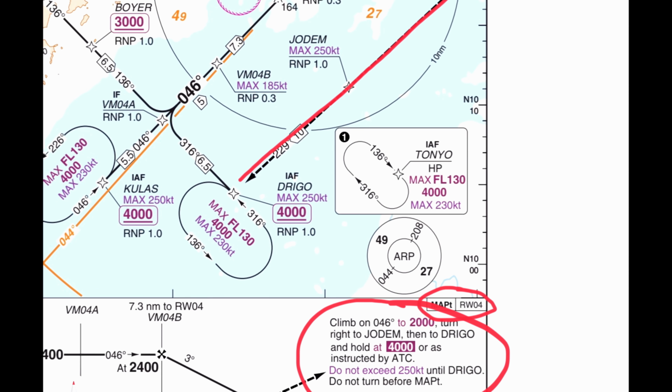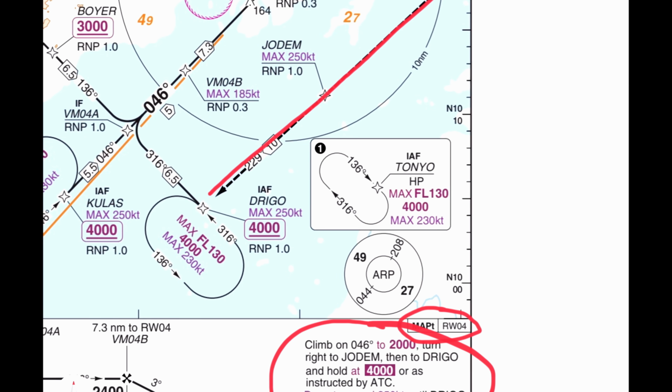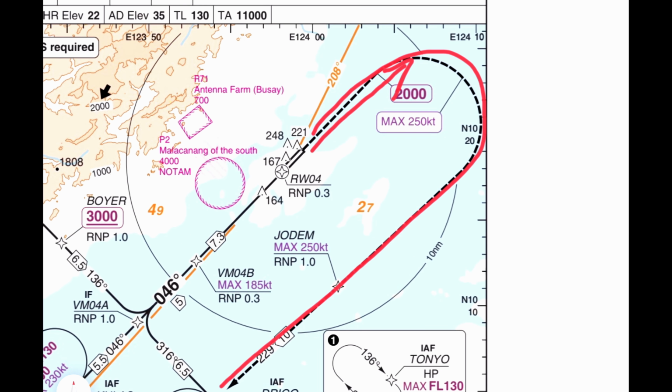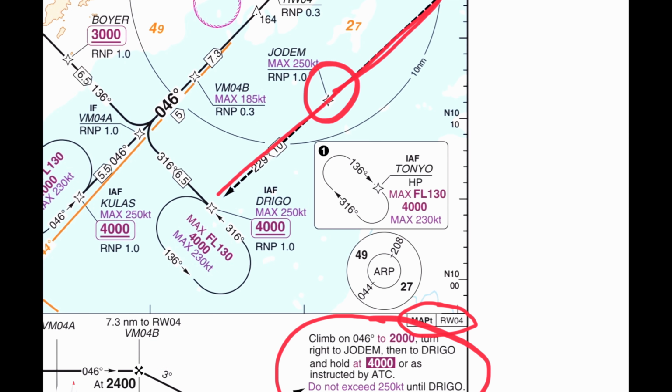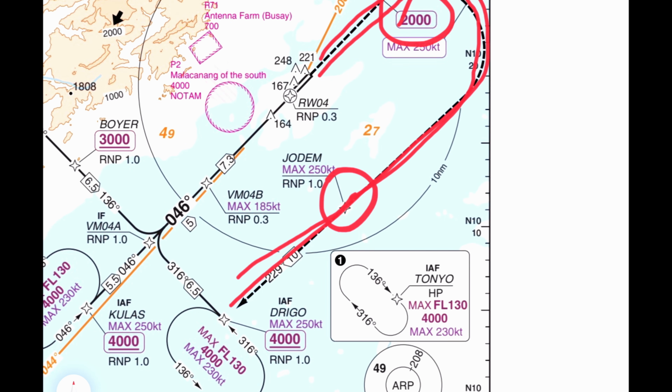So whatever is explained here, let's say climb on 046, climb on heading of 046, going that direction, and then it says there to 2000 feet, then turn right to Jodem. So once you reach 2000 feet, head to Jodem, which is this, and then it says there, then to Drigo and hold at 4000. So you continue your path to Drigo, which is this one, then hold 4000. This is the holding pattern, this direction. So for those of you who are wondering how do we perform the missed approach, it is a standard procedure